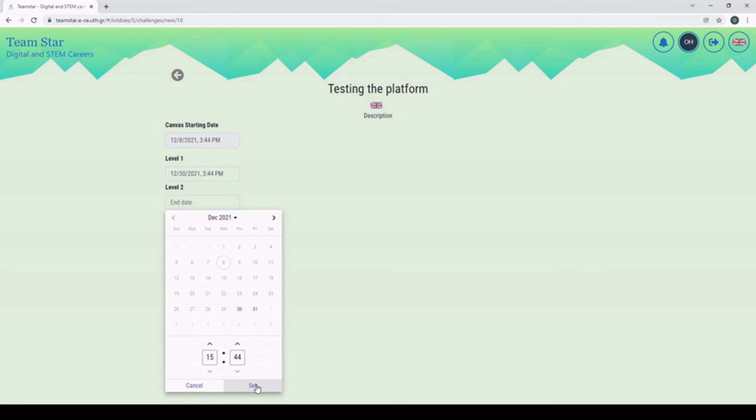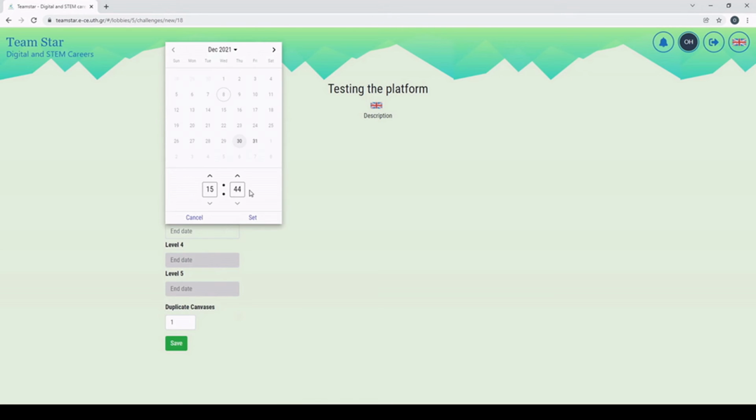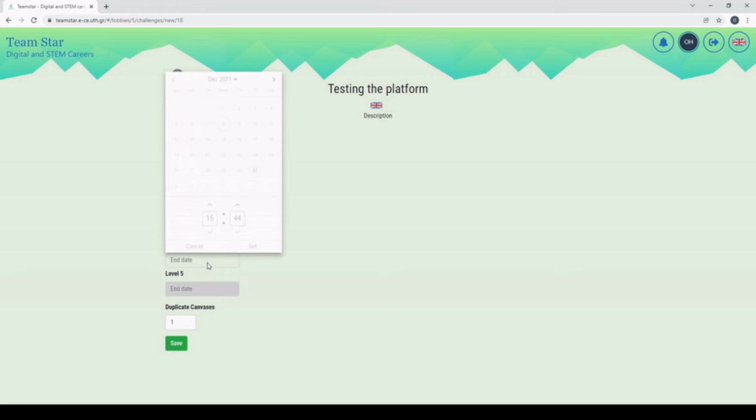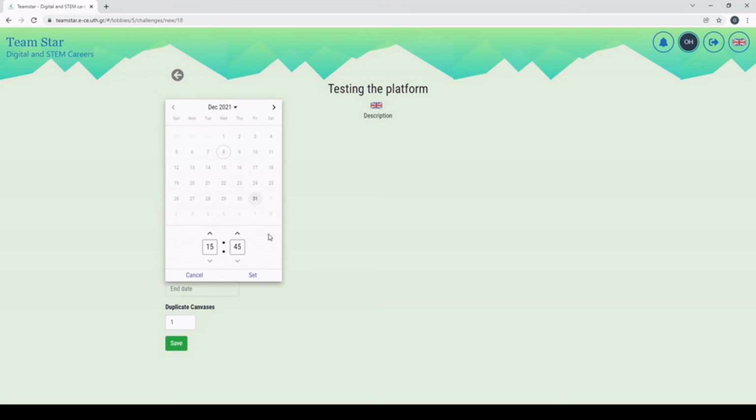Of course, you cannot finish a level before the level before. So you need to have them all in the correct chronological order.